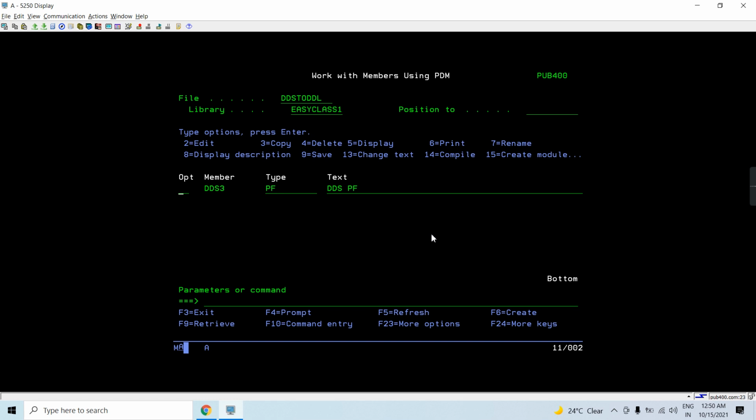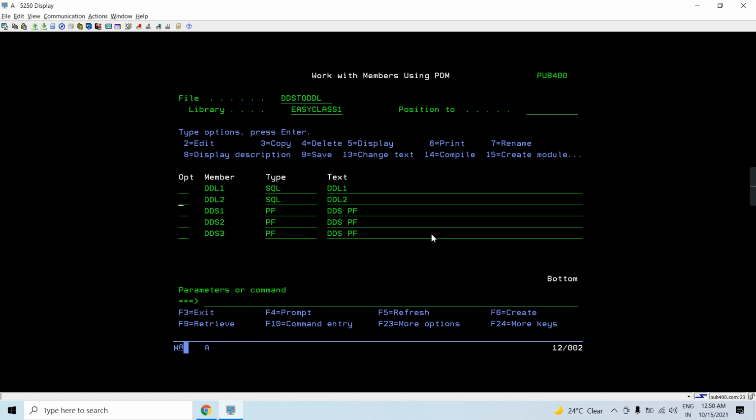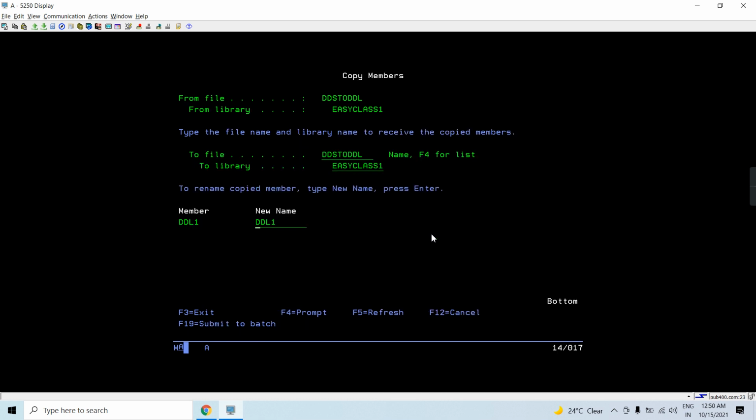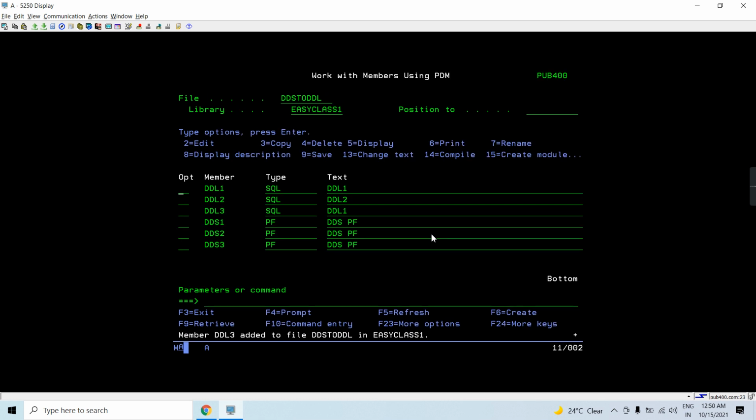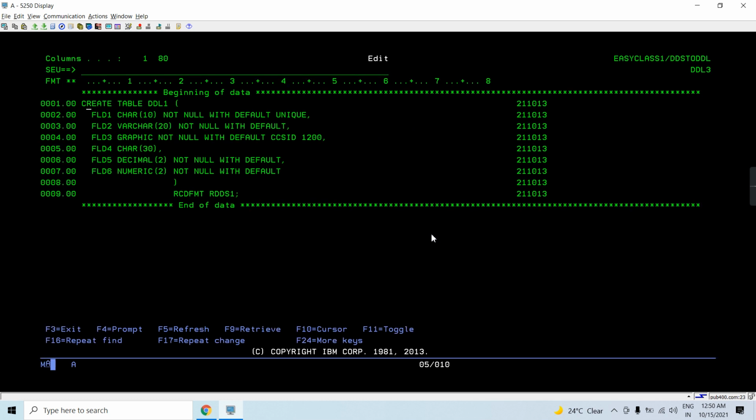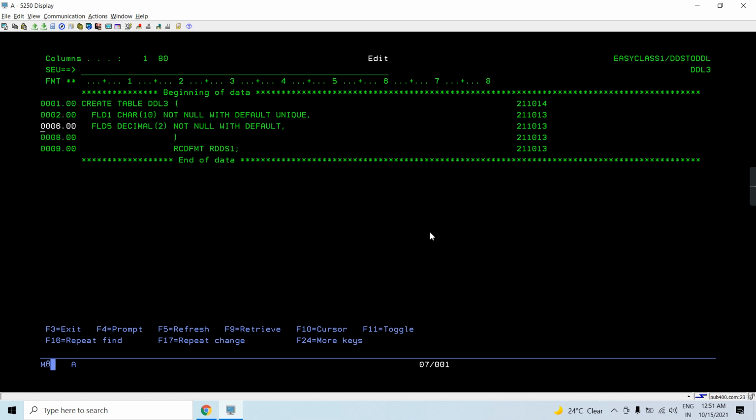Now let me show you the same thing for DDL. We have DDL3. Field 1 is CHAR and not null with default, and that's a unique key field.